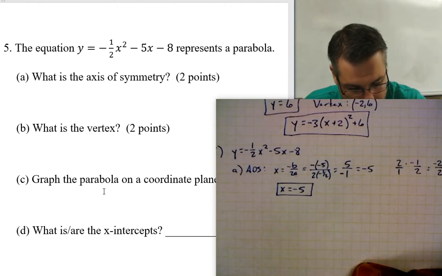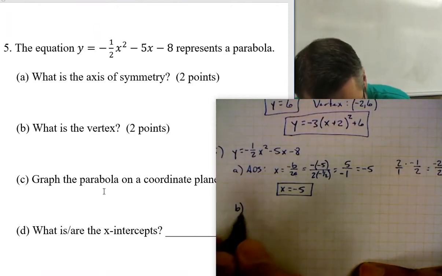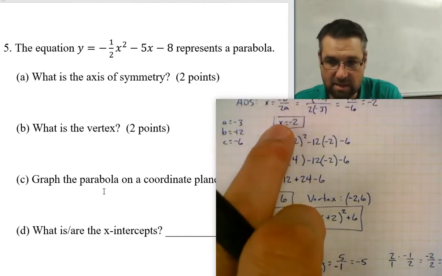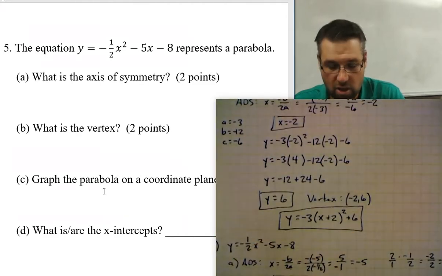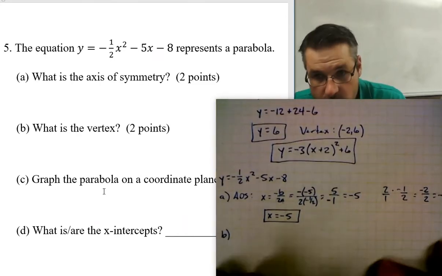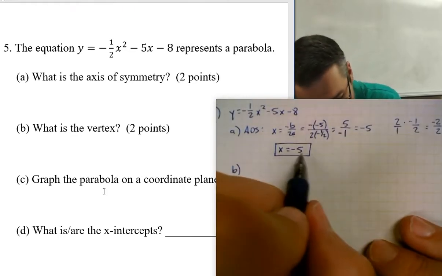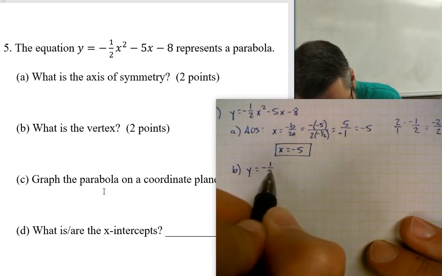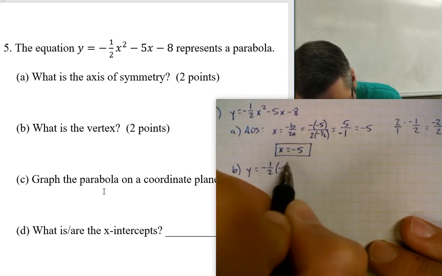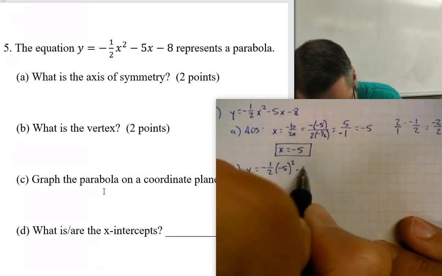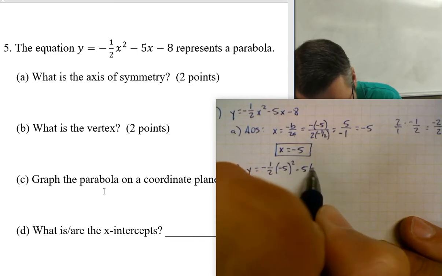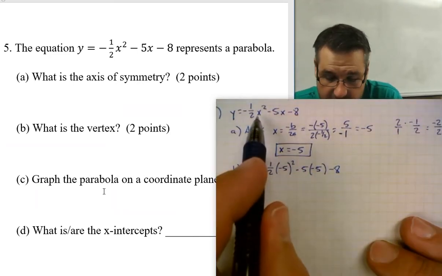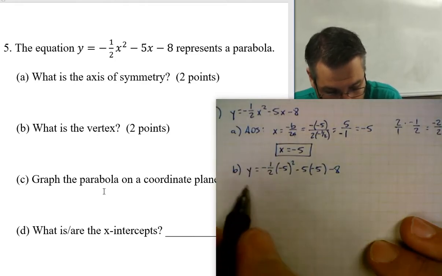All right, B says find the vertex. Well, again, we did that in number 4 here. Once you have your axis of symmetry, you just plug that into the equation to find your y value. So in my case, I'm going to plug in -5 here. Now, mine is a lot more complicated than yours because yours should all have whole numbers as a final outcome. Mine may not. So I plugged in -5 to x, -5 to x there as well,